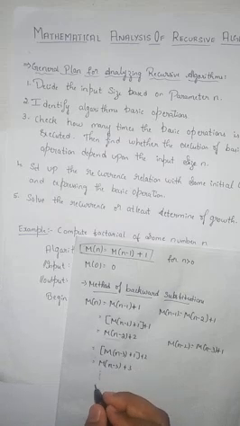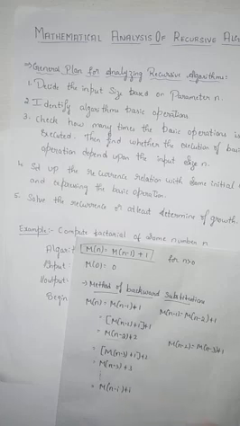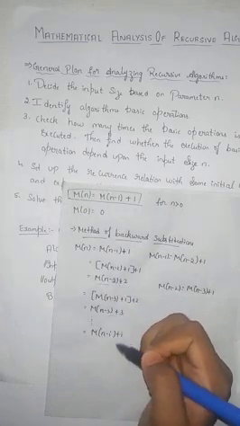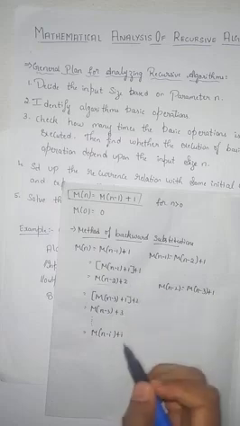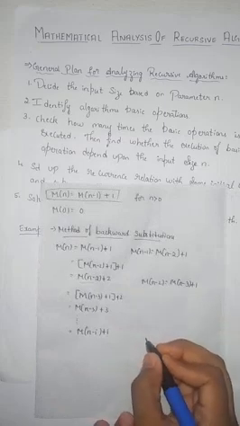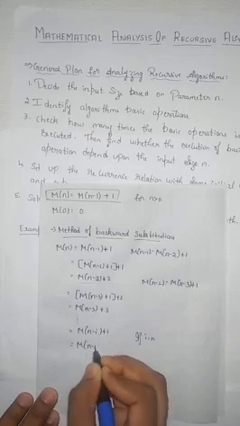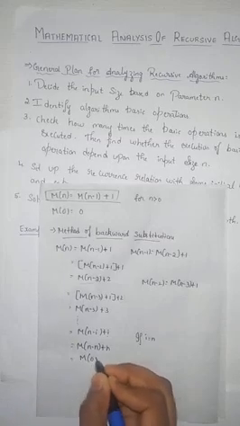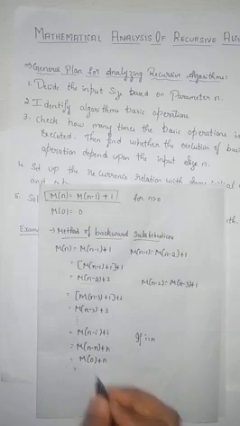It keeps on moving. So it will become m of n minus i plus i. Why did I consider this i? Because here the iterations 1, 2, 3 keep on continuing. The iterations will keep on moving, so I considered this i. Let us say if i becomes n, then it will be m of n minus n plus n. It will become m of n minus n, which is m of 0, plus n. m of 0 will be 0.